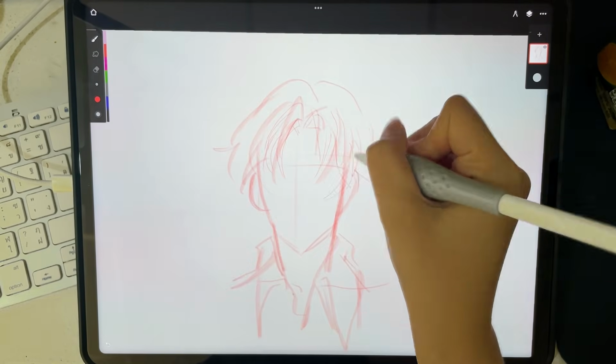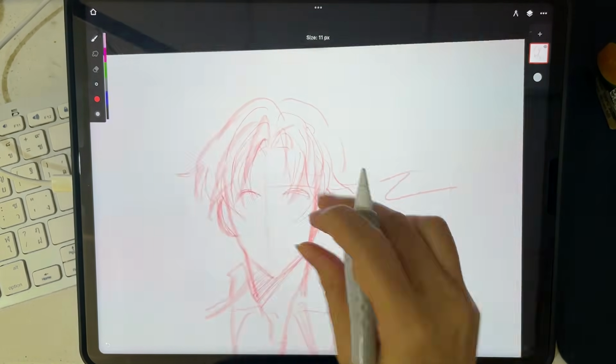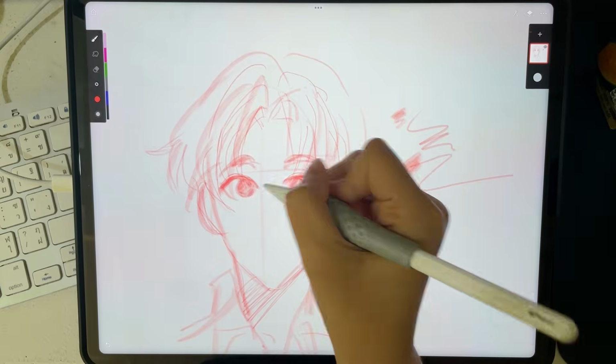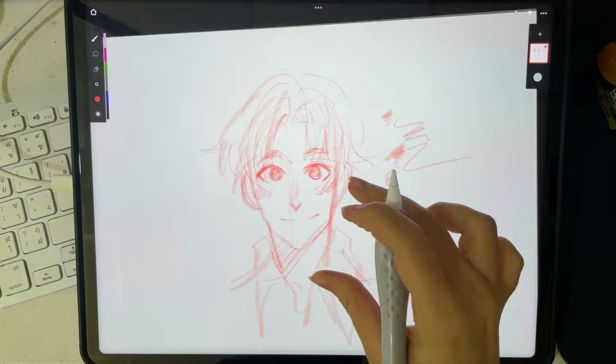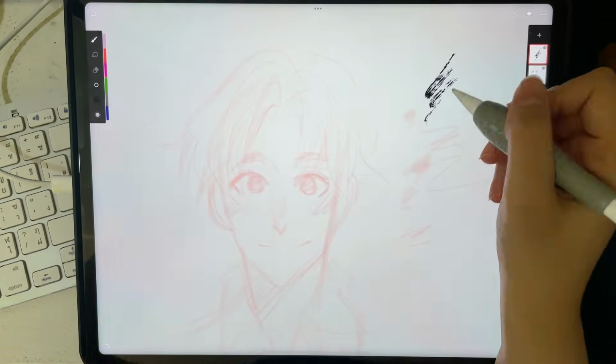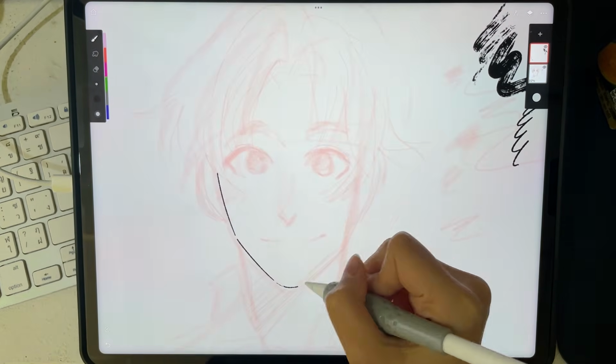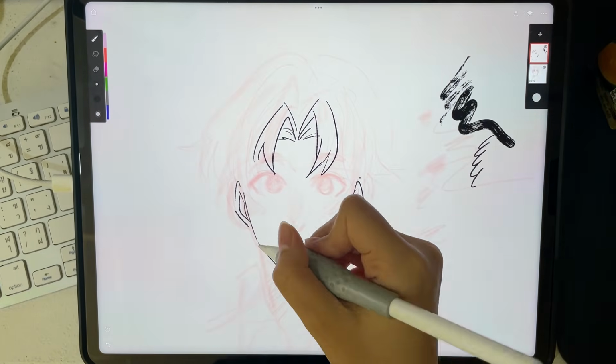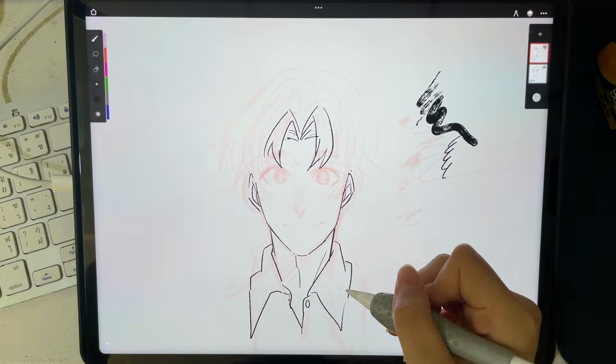I'm so glad that there's an option to lock the rotation, because rotating the canvas in this app is not snappy. I still find it quite jarring that the setting for the brush is separated with another button instead of the brush panel, and the brush panel is separated from all the other tools. I think it would be better if they were all just in the same place.